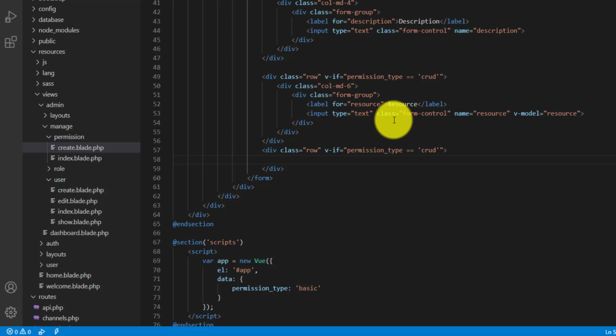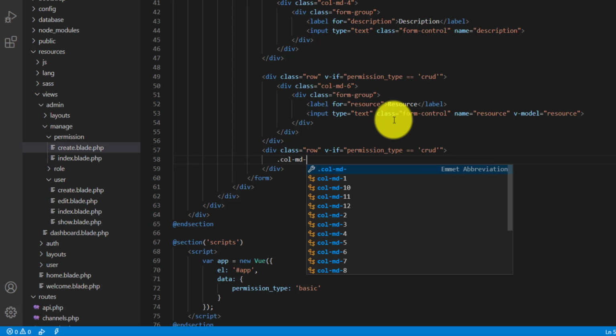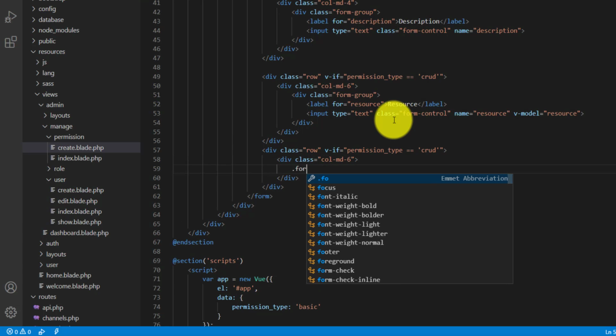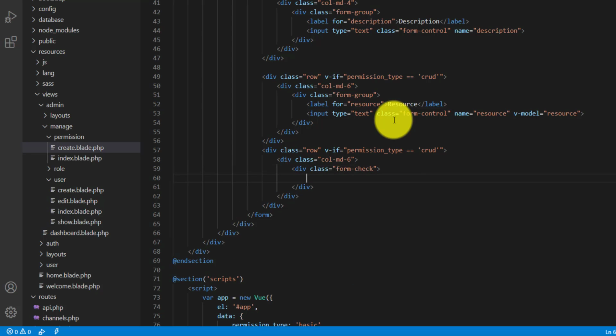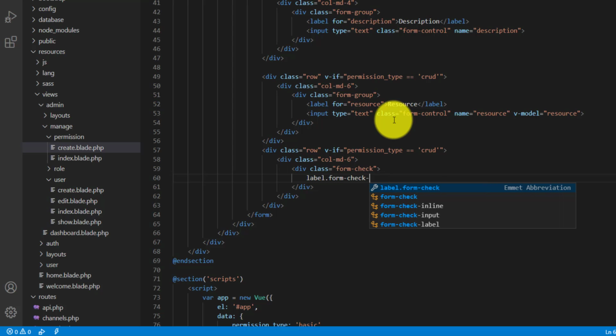Now after this let's create a col-md, so dot col-md-6, and let's create a form-check, and inside our form-check we want a label with a class of form-check-label,